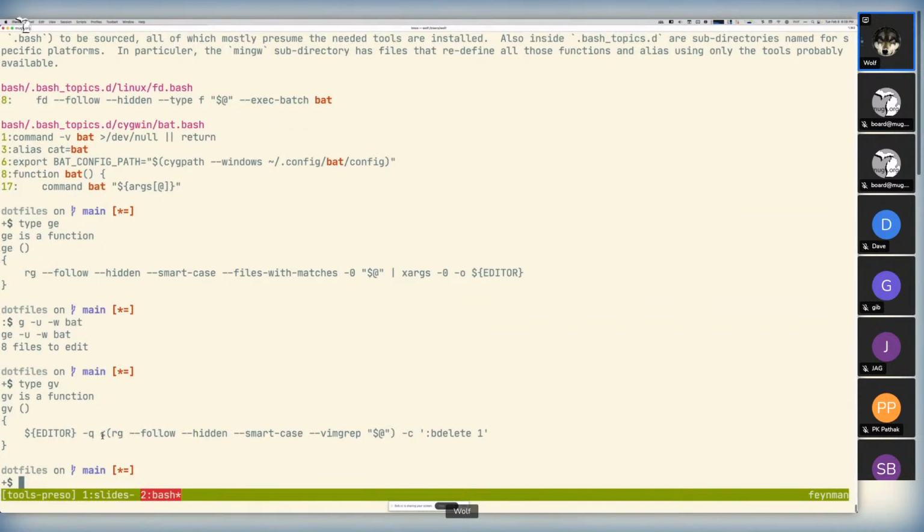That's what this is. This is process substitution. Process substitution is like making a file with the contents of running this command and passing that file name to whatever thing you have before it. So this is going to call ripgrep with this specific vimgrep option, which formats